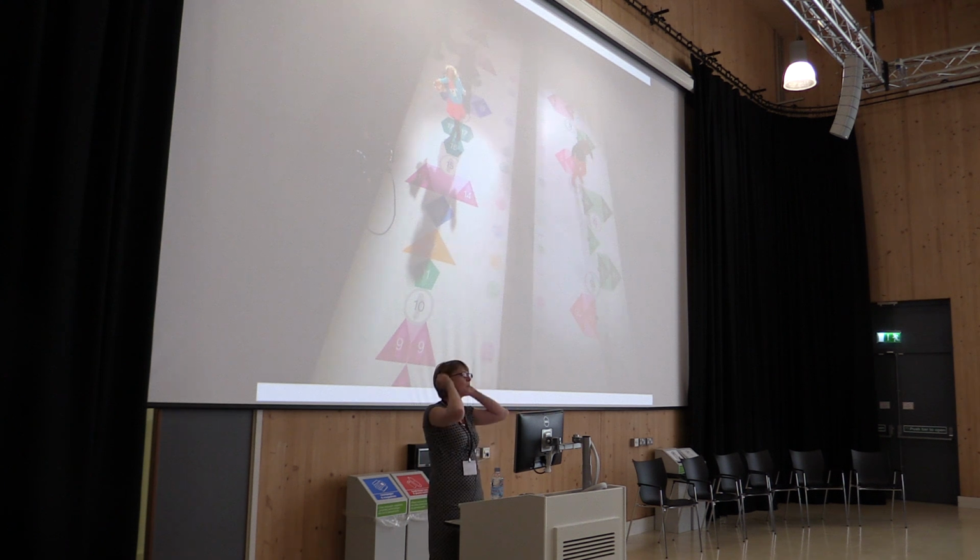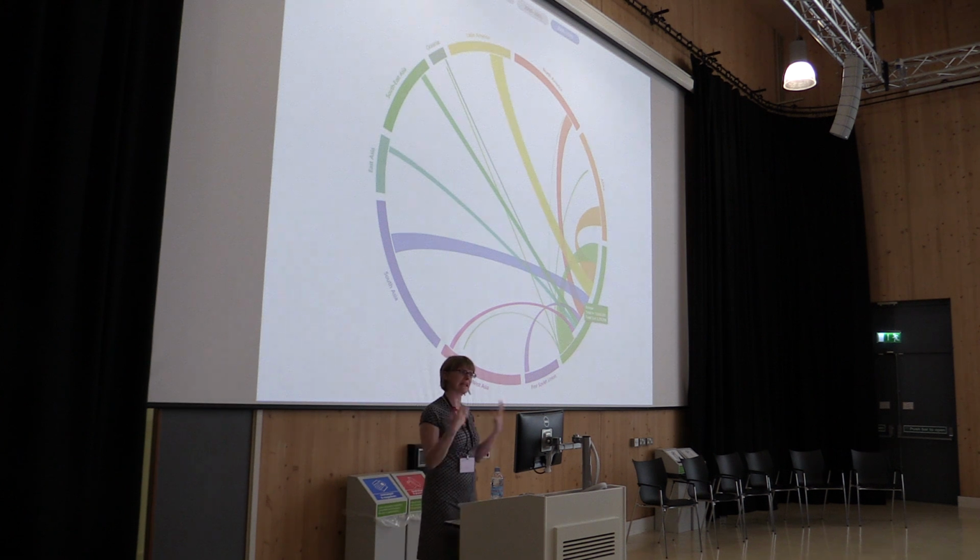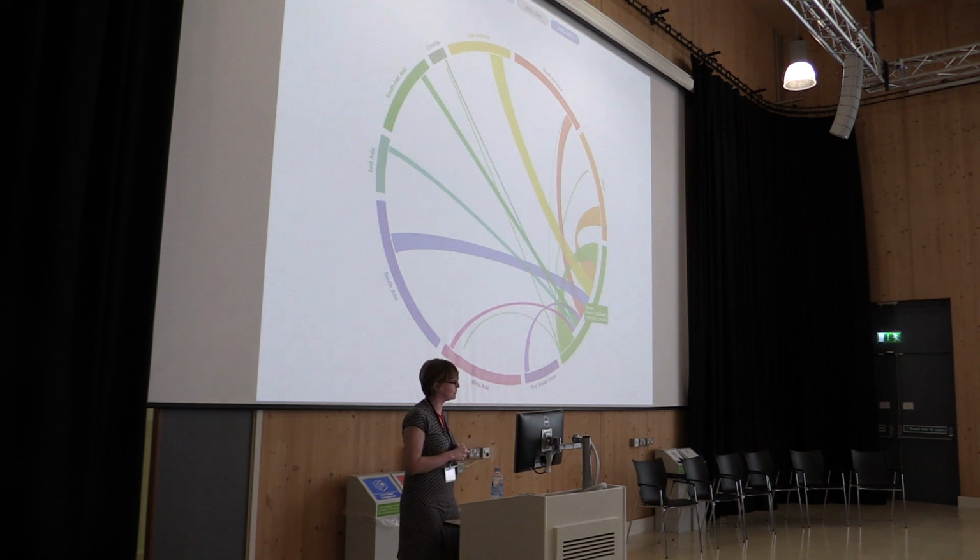I want to highlight a couple more examples now because I want to come back to them later on in the talk. So I don't know if anyone has come across this highly acclaimed visual representation of migration flows. It's called the Global Flow of People. It's online, it's interactive. If you scroll over the lines, it will tell you how many people move from certain parts of the world to other parts of the world.